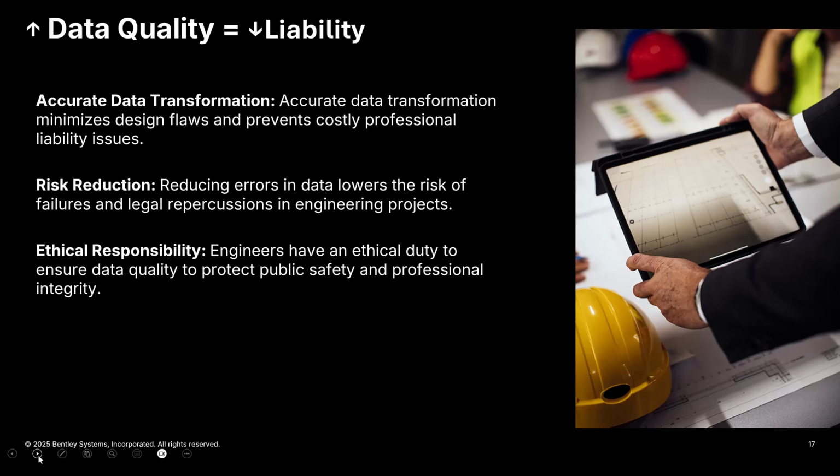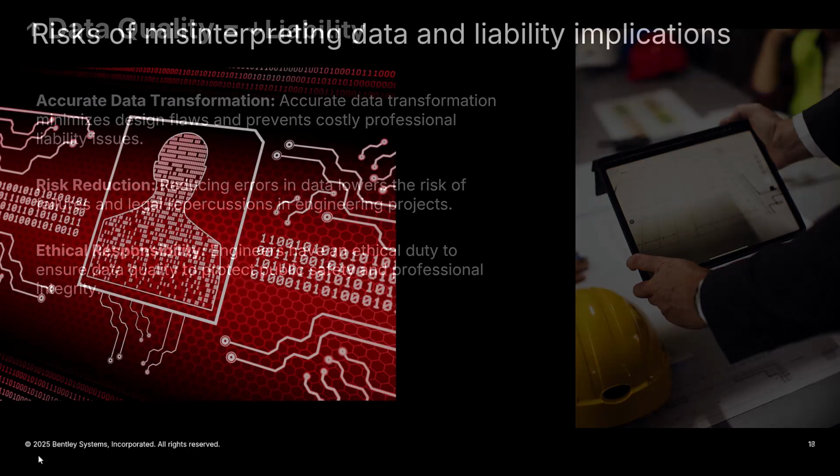It's also really important to realize that as we move in this digital space, improved data quality equals lesser liability, because it's really important to know where the data is coming from and how we are going to use it. In a digital twin platform, we have records of the data lineage, where data were produced from, who modified these data, and so on. This obviously reduces the risk in terms of using that information downstream.